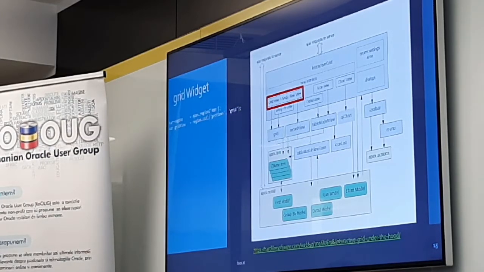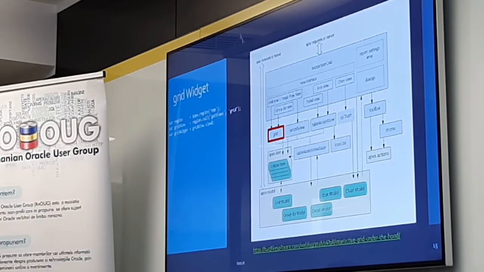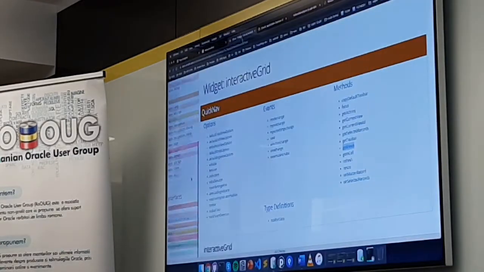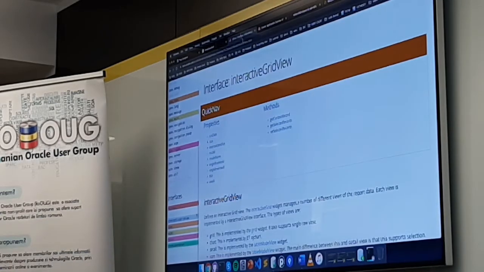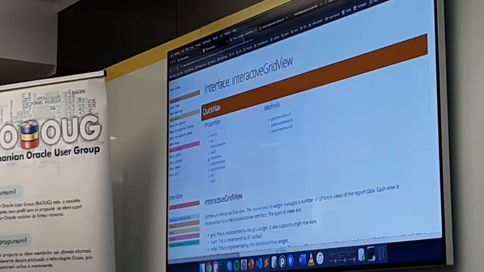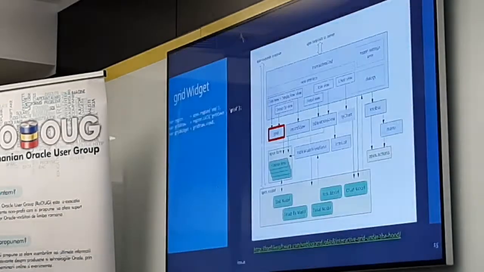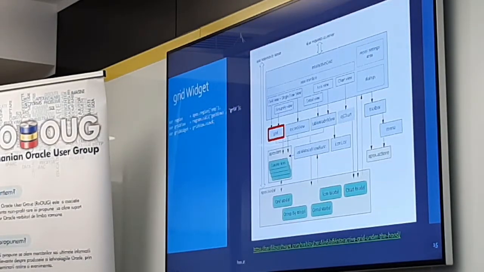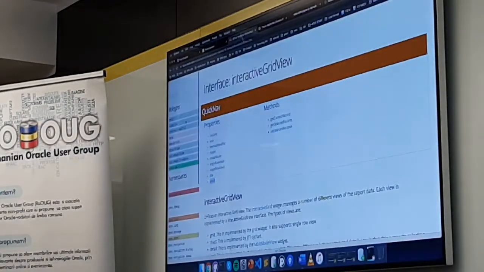We want the grid view, so we give that as a second parameter. But what this actually gives us back, this grid view, is actually, let's go back again, an instance of this interface. So it's a bit cumbersome, but it's gonna make some sense at the end. And from here, we can access this property. So we can say .view, and that will finally give us this grid widget